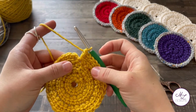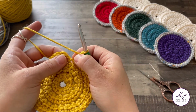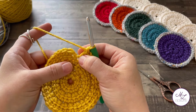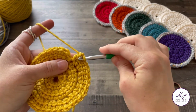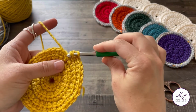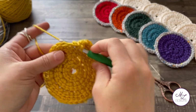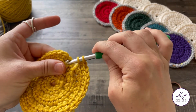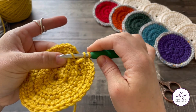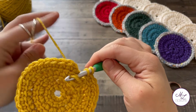So your 35th stitch should be on the very last one, and then you'll increase your 36th stitch into the same stitch. It's going to be the same as the last row. Pull up a loop, go into that same stitch, pull up a loop, drop your yarn tension, put your hook into the first one, put your loose loop on your hook,